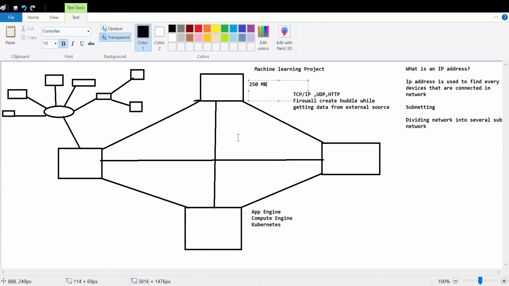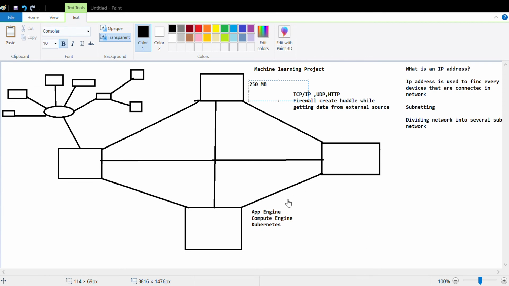So you will ask the other two nodes, I want your help in running this project, and I want 500 MB from each of you. So this node will help this node. In this way, we do our task when we are connected in a network. It is similar to a group task. If you are working alone on a single project, you will need more time, but when you work in a group, you finish more quickly, right? That is the kind of concept in a virtual private cloud.